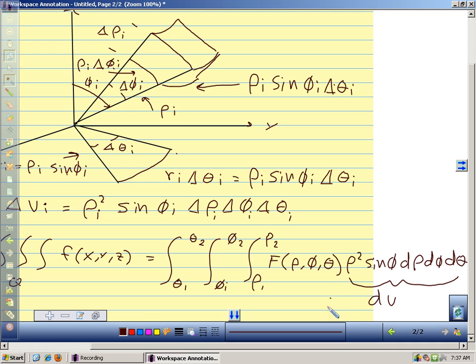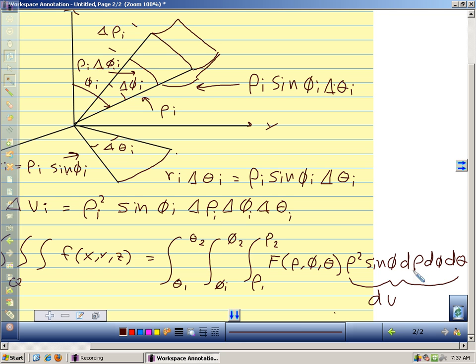So in polar coordinates, we had r dr d theta. In spherical coordinates, we have rho squared sine phi d rho d phi d theta. That's our volume element. That's always our volume element in spherical coordinates. We can talk about different orders of integration, just like we did with our other coordinates. We have 6 possible arrangements of the d rho d phi d theta. Usually, this will be the more usual order of integration when you're using spherical